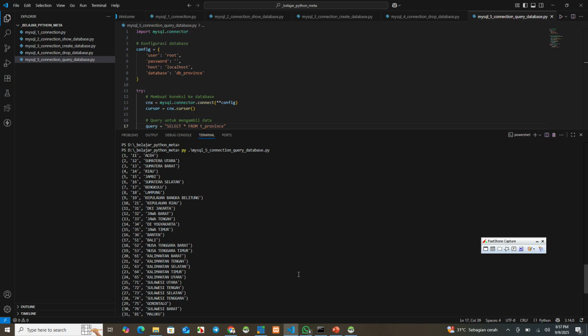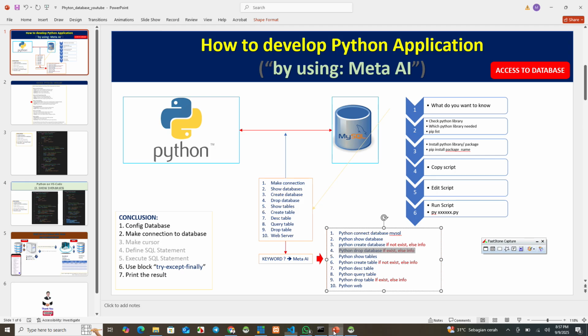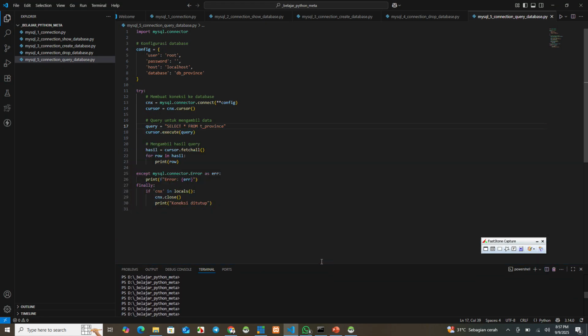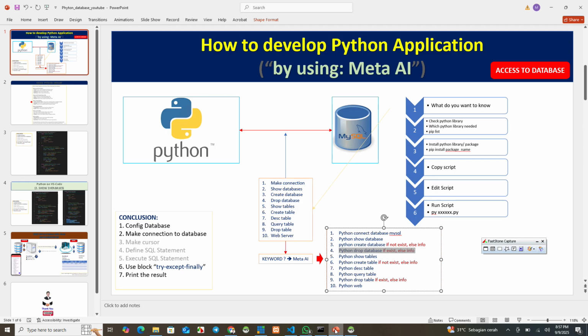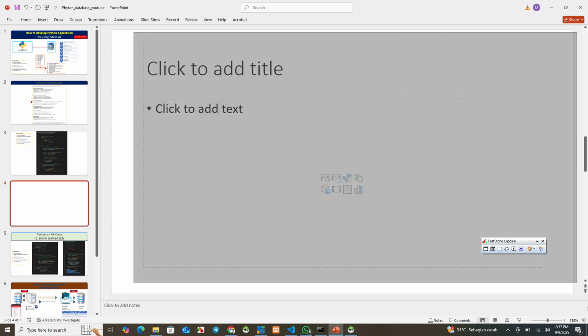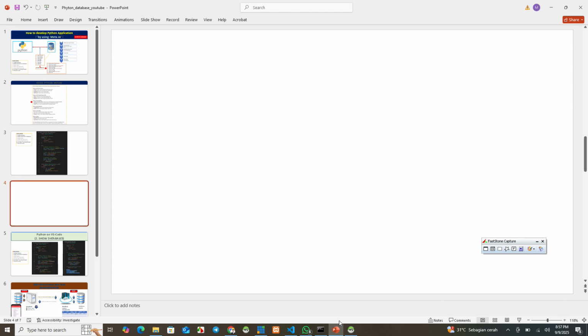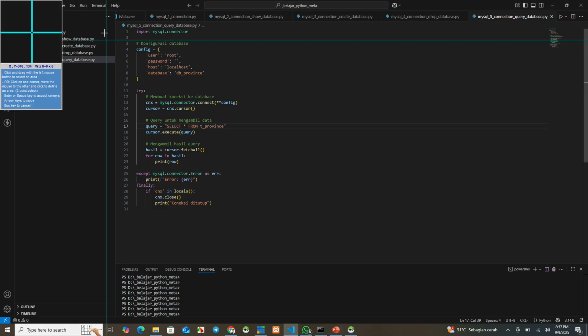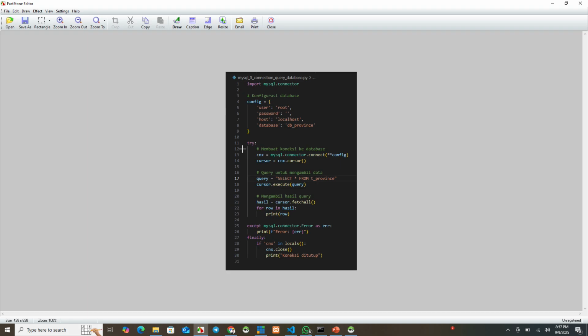And then, same with this, the conclusion is the same as before. For example, we copy this first. We check the conclusion from the select, this one, copy.